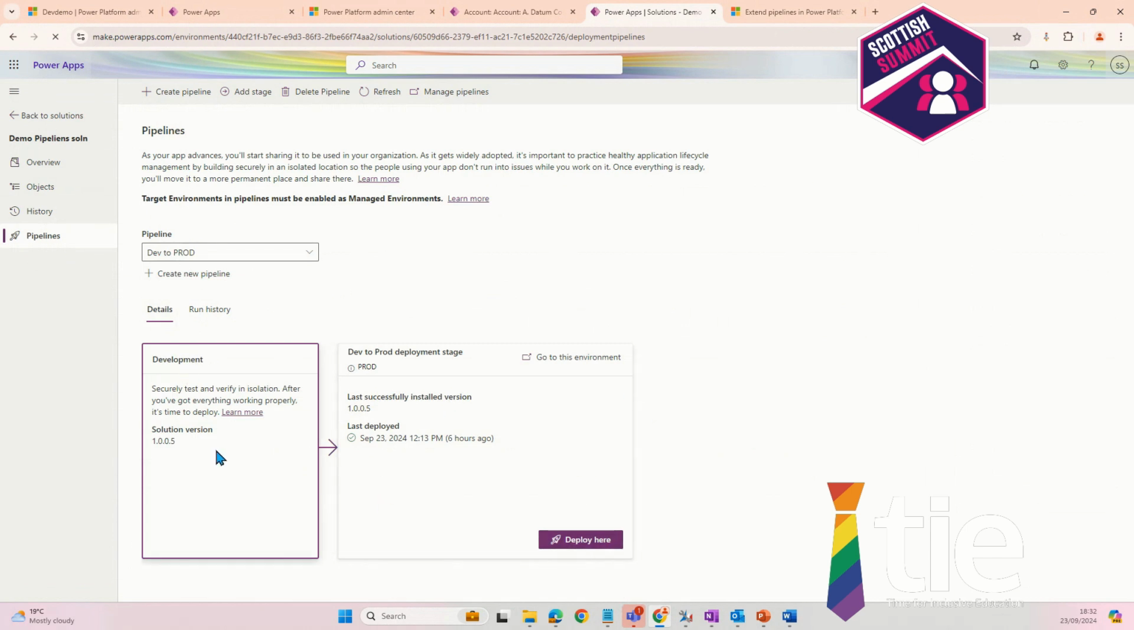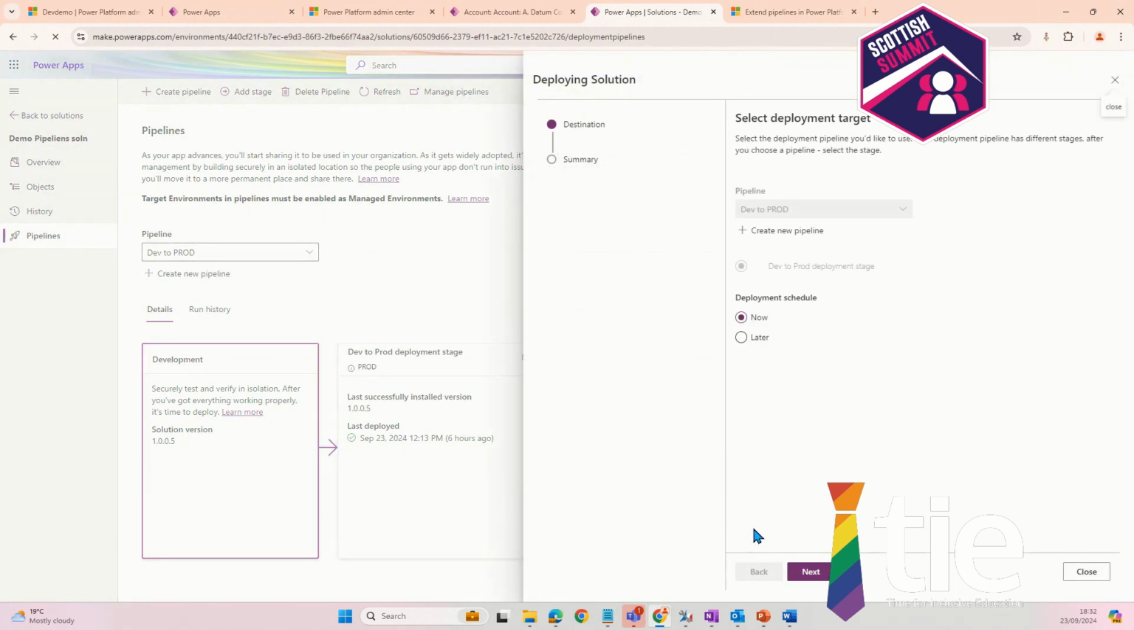So all I'm looking at is development. I've got a solution, I made a change, and I want to release this into prod. So once I click, I get a reference panel. Here is where I get a deployment schedule, and the schedule will be in such a way that you can release instantly, or you can release at your